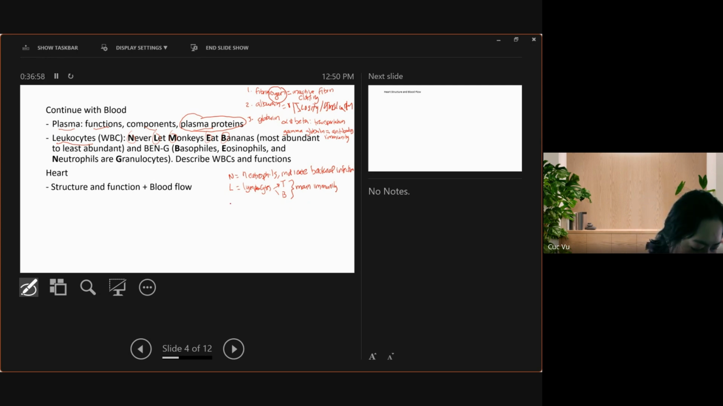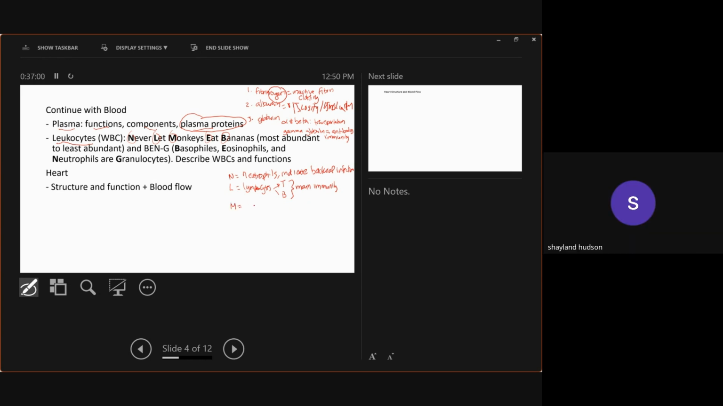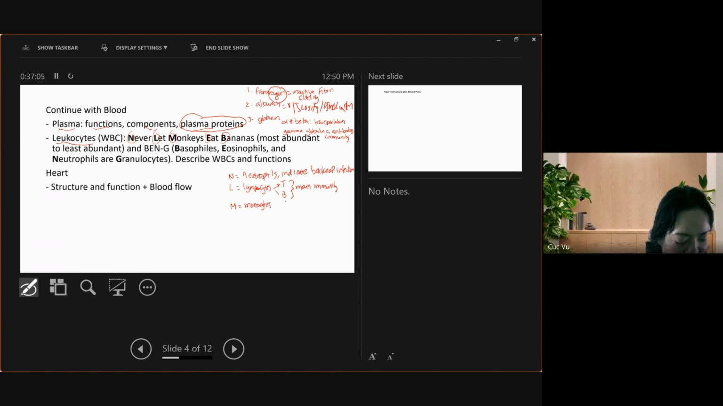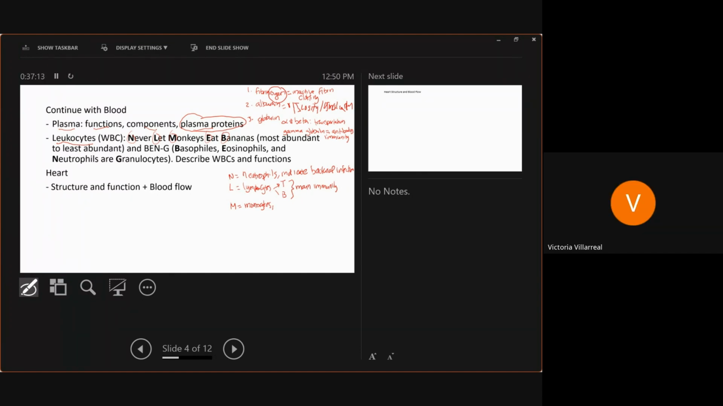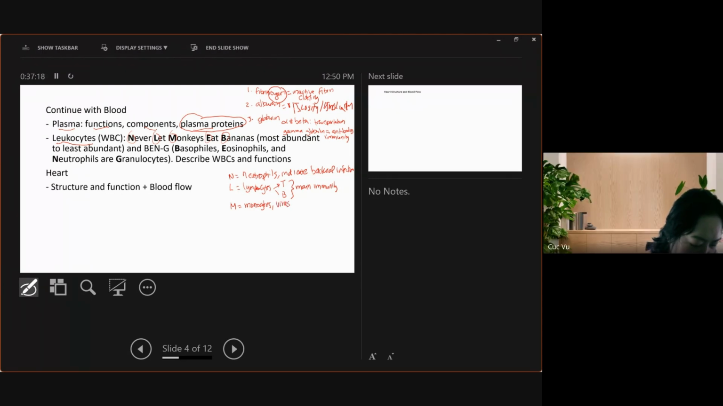Then you have M. M stands for what? Monocytes. Monocytes are also important. What are they good for? Fighting off viral infections, specifically viruses. You would go through and do that for E, eosinophils, and B, basophils, and identify what they do. Now of these, L and M are agranulocytes,